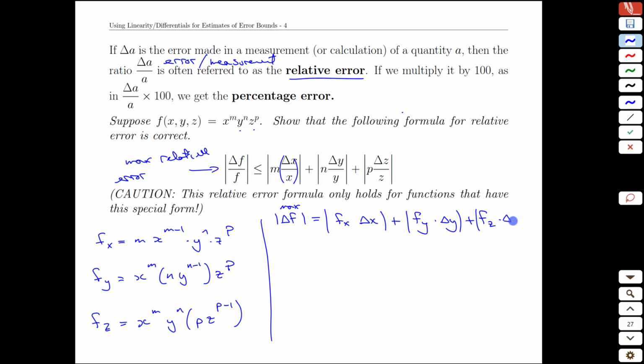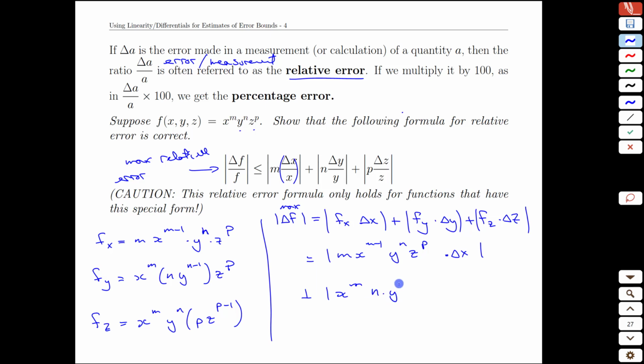And what that gives us is an opportunity to try to turn this into this. To accomplish that, we're going to need to actually sub in our fx values here, though. We're going to have our x derivative, m x to the m minus 1, y to the n, and z to the p, times delta x, plus, I'm leaving a little bit of space deliberately here, we'll see why in a second,